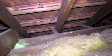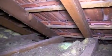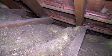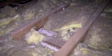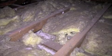And albeit the termites may have had a bit of a nibble up here, but they really haven't caused any substantial damage within the roof void that I can observe at this point. So those areas where the top plate is exposed, nice and sound, no issues to those timbers. Some redistribution of thermal insulation within the roof void is something that probably ideally should be considered for maximum efficiency